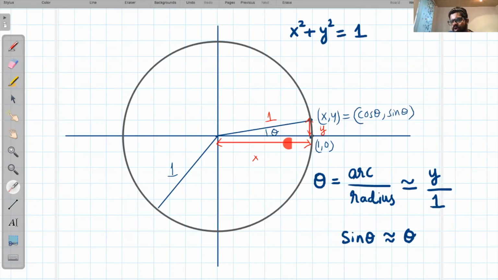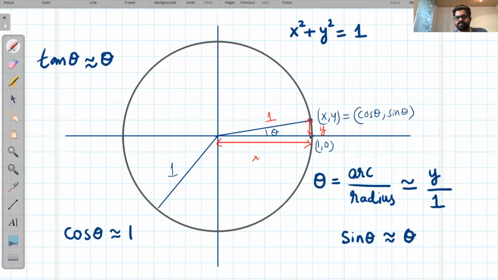This point over here is given by 1, 0 because it's a unit circle, and the x coordinate is almost equal to 1 when theta is very small. As theta moves along the circle away from 0, the x coordinate moves away from 1. And as theta approaches 0, the x coordinate, which is the cosine of this angle, approaches 1. So when theta is very small or very close to 0, cos theta or the x coordinate is very close to 1, which is why we have the approximation cos theta is equal to 1 when theta is very small. Likewise, the approximation tan theta is equal to theta can also be readily seen from this figure.